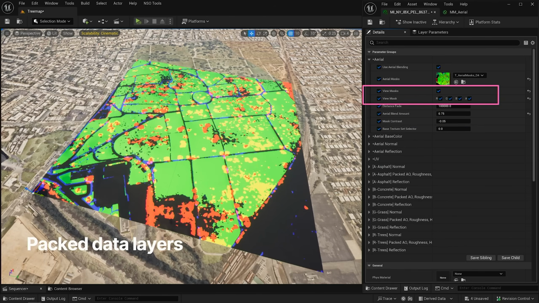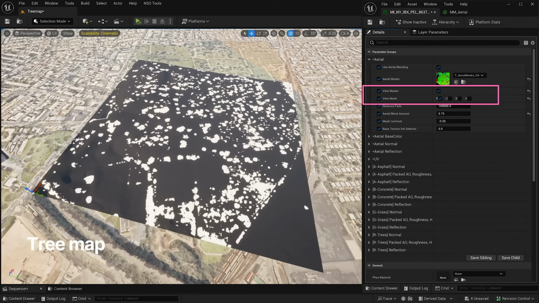The packed data layers look something like this. Sometimes this is useful either for debugging purposes or simply for seeing where things are. On our material instance, you can simply turn this on. And this is a look at just the tree map, which leads us into the next section, which is about